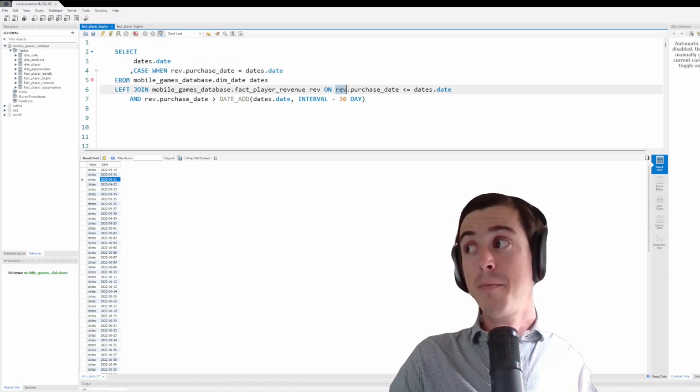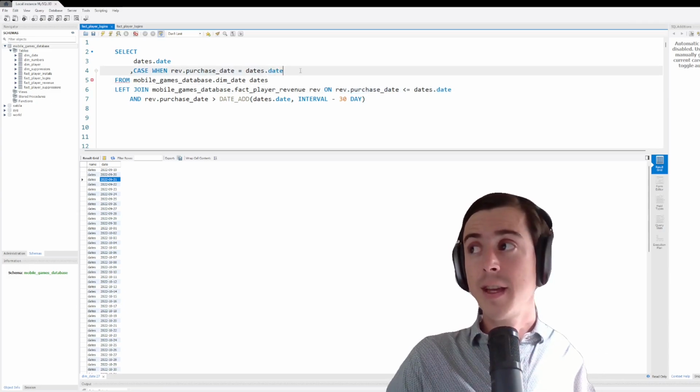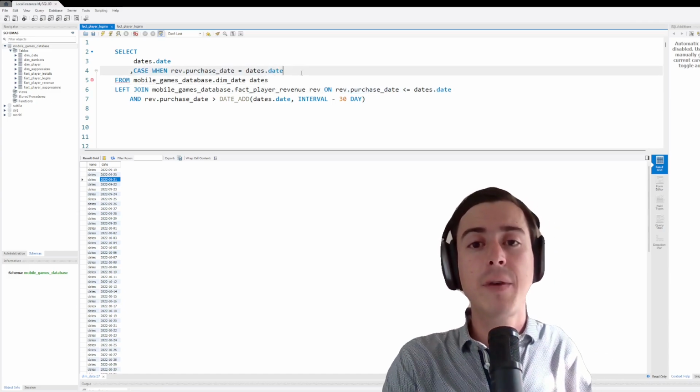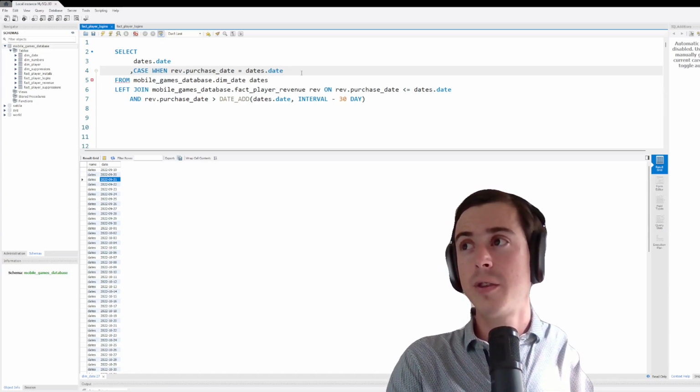So remember, we're bringing back revenue purchase dates that are less than or equal to this date. Whenever it's equal to this date, then that's going to represent our daily monetizers. So we'll do then